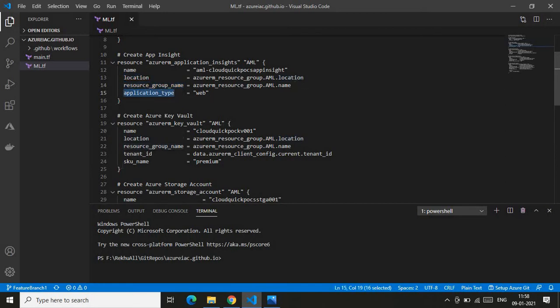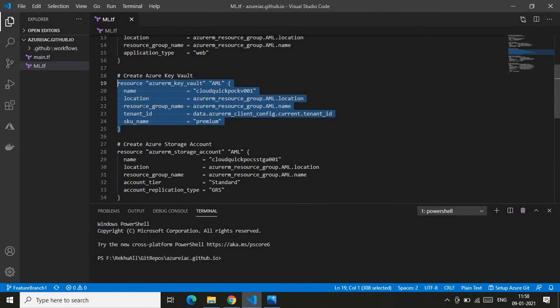After that, I have the next block which creates a key vault required to provision the machine learning service. So this is the block which does it. Again, the key vault is a resource in the Terraform context. It's creating the key vault using the resource type azurerm_key_vault. This is the variable which stores the data of the key vault. Inside this curly bracket block, we are giving the required parameters to provision the Azure key vault.